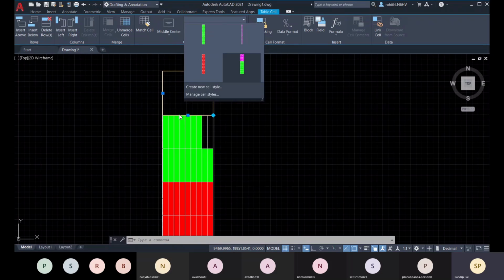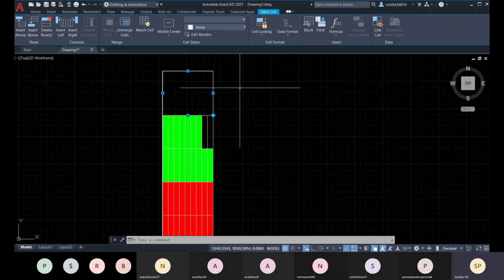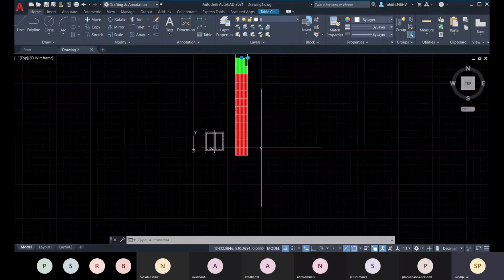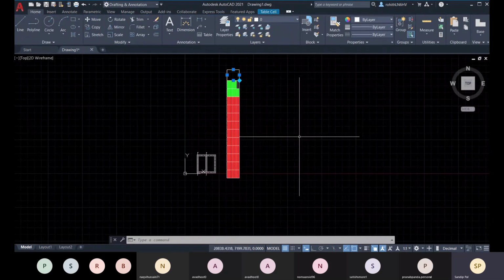Like if you want to match your title cell with all the data cells, you can do that. This is the data cell color, this is the header cell color, and this is the title cell color, and this is for your whole table. So this is the option.